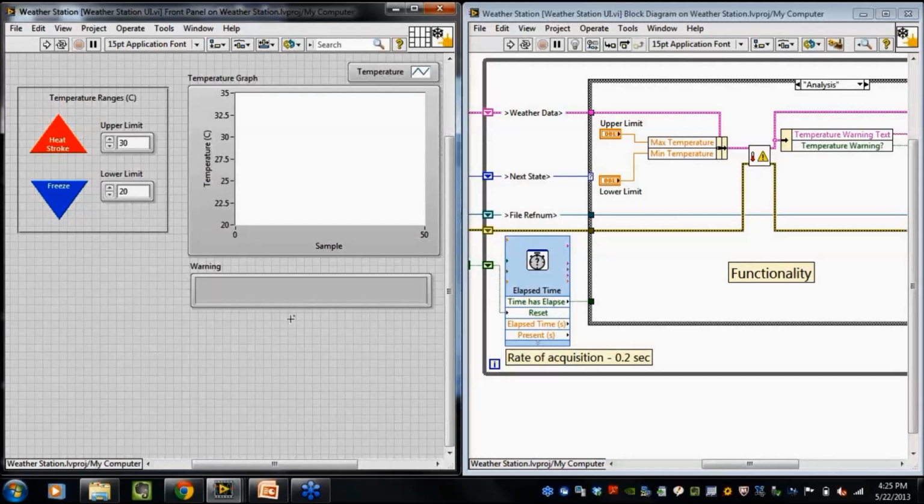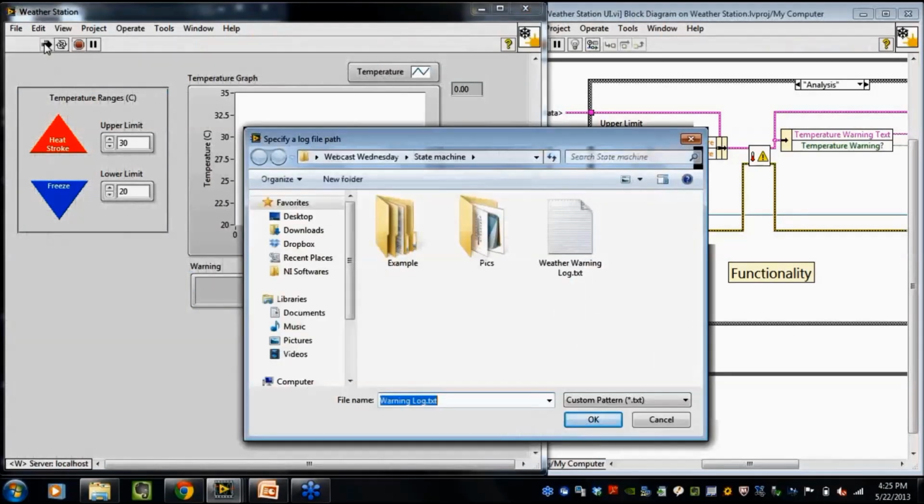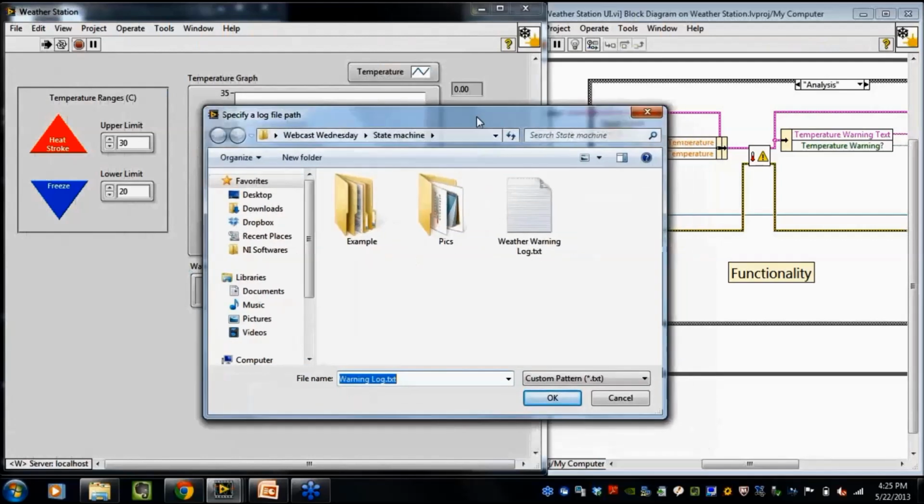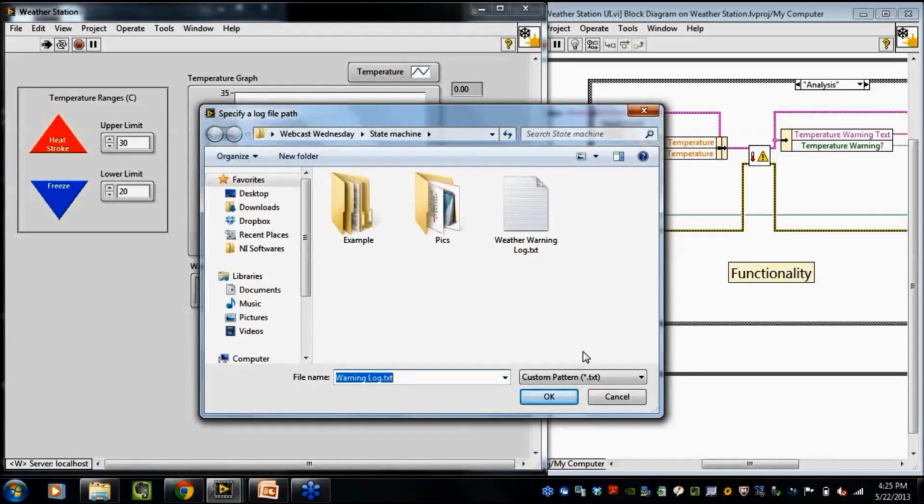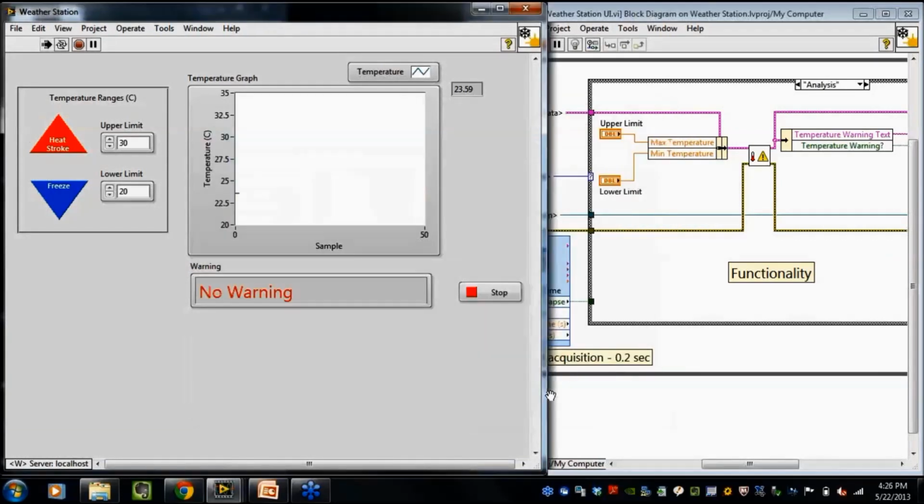So here is the VI, the weather station. So let's run it. When I run it, it asks me to save the warning log text file. I save it to a location, and then, as you can see, the temperature starts getting plotted onto the temperature graph. I've set the limits of freeze and heat stroke to 20 and 30,